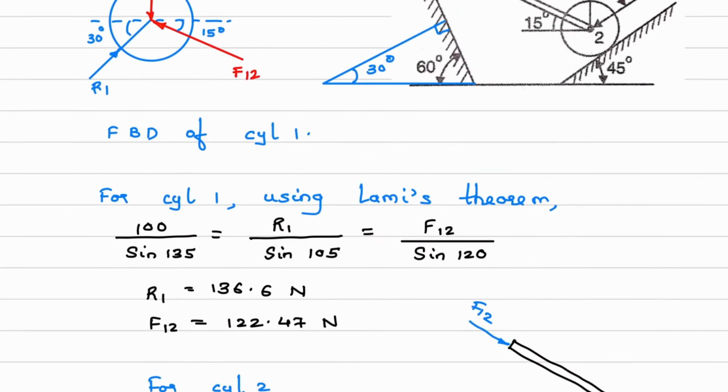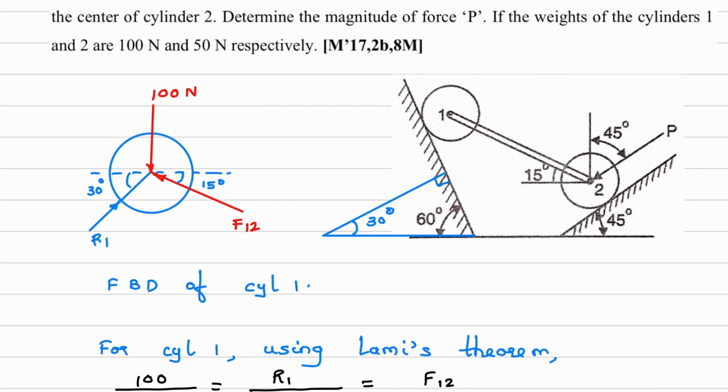Why? Because if you see this roller, to this roller this rod is connected, and this roller or cylinder is there on this inclined surface. So this roller will try to move in this direction. Because of that, this rod will try to move in downward direction, and at point 2 force will be in this direction. That is why I have to show the force at point 2 in this direction. That is the reason. But this cylinder will not move in downward direction.